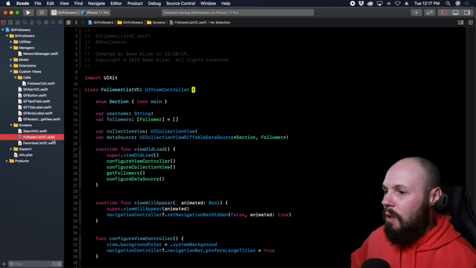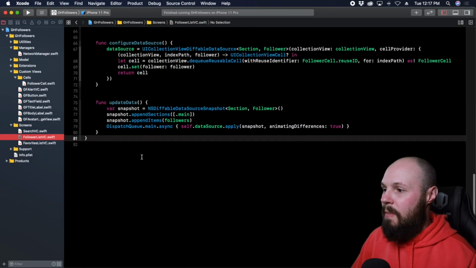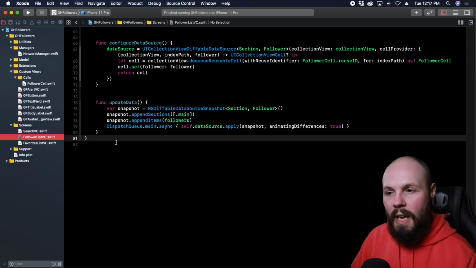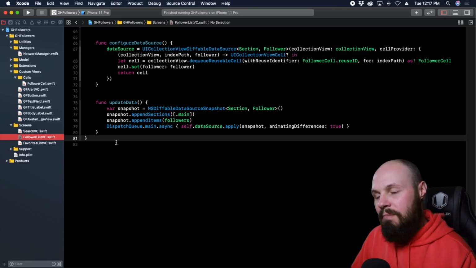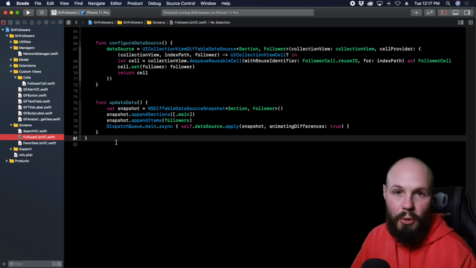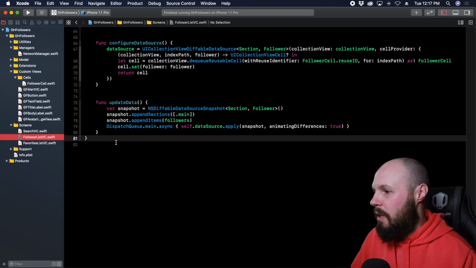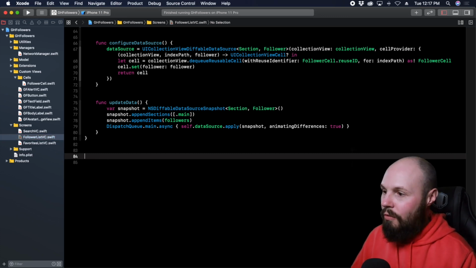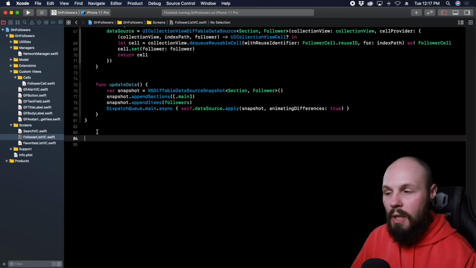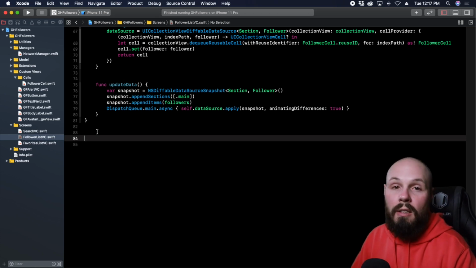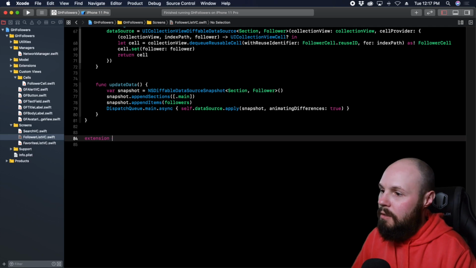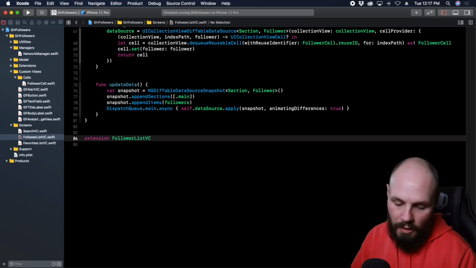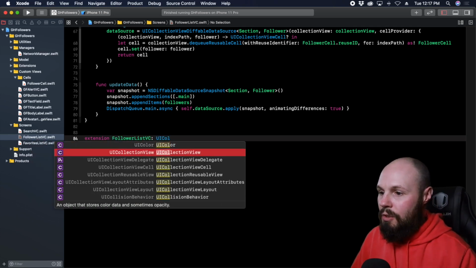So over in our follower list VC, scroll to the bottom, and I scroll to the bottom because this is just code organization. Anytime I conform to a new delegate, I like to put that into an extension. Again, you don't have to do it. It's solely for code organization. The reason I bring this up is because in order to get the scroll view delegate stuff, we can conform to the collection view delegate. More on that in a second. So